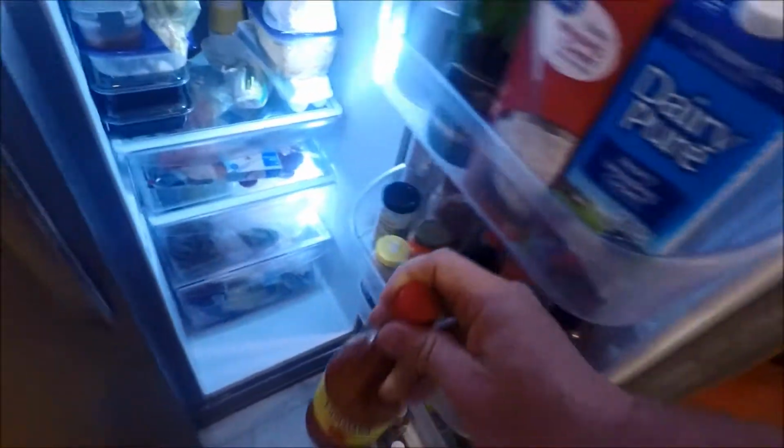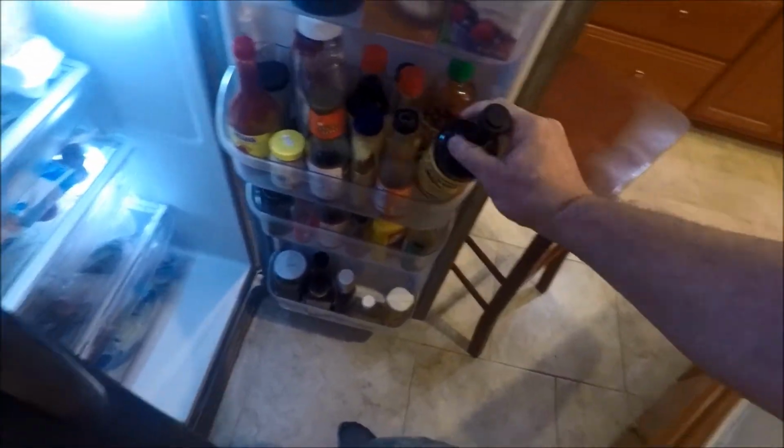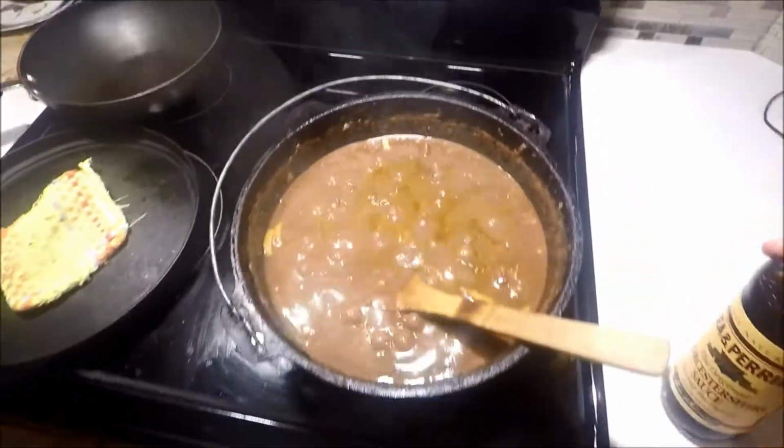Now we reserve our good hot sauces for other things. That's a good hot sauce for cooking and stuff. You gotta have that around your house. But for fine dining,